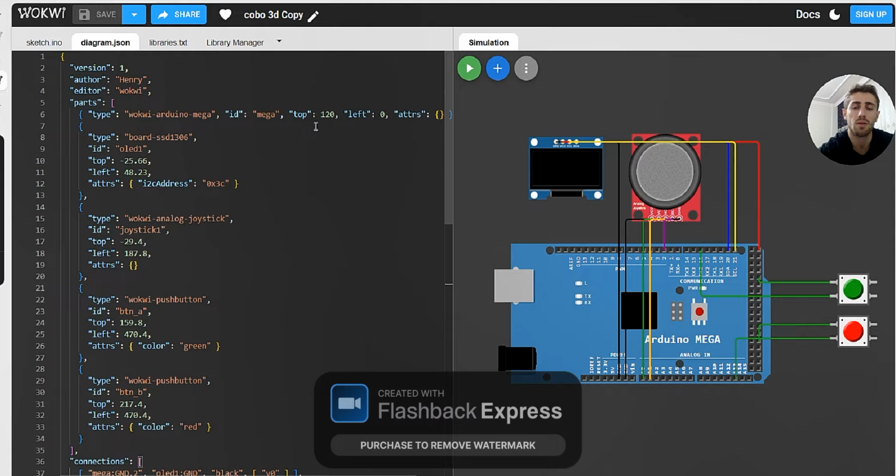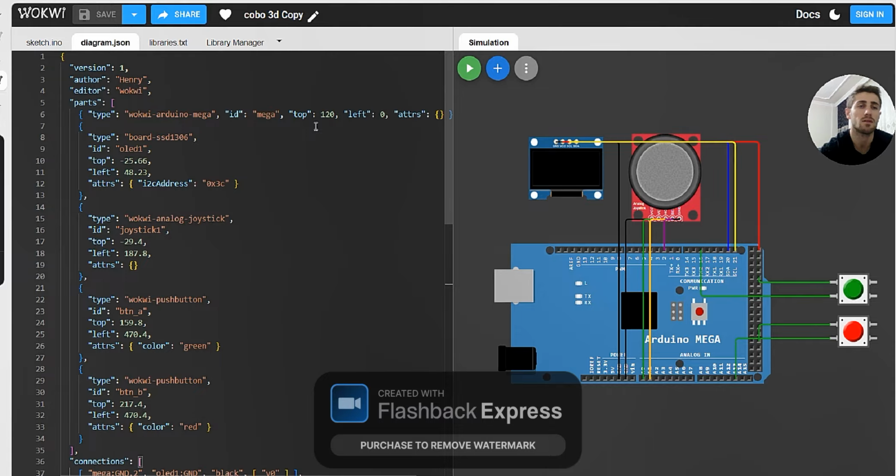The two push buttons are also connected and can later be used for additional control functions, such as changing animation modes or resetting the screen. Without this file, we would not know how to build the virtual circuit.